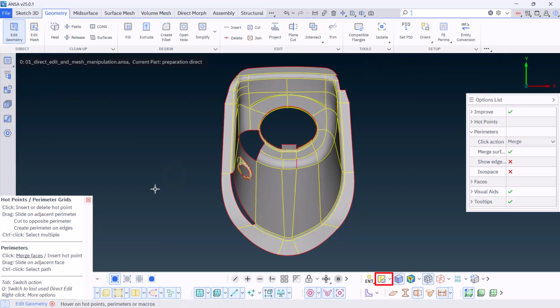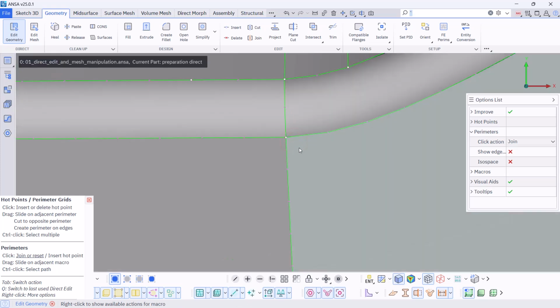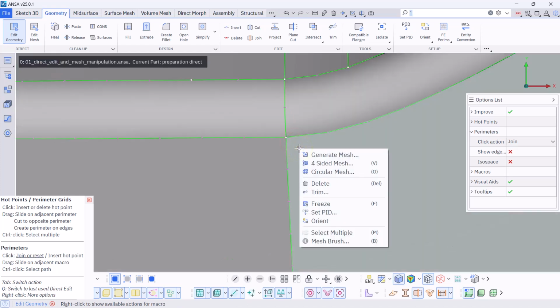Change the Faces Draw mode to Macro View. Hover over a macro area and press the right mouse button. As you can see, the context window appears containing the most frequently used functions regarding the mesh manipulation. A very powerful capability of the tool is that we can actually work on the model using their shortcut keys, located right next to each one of their respective functions.